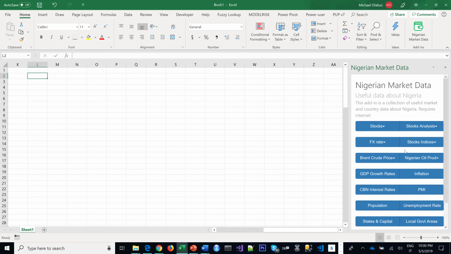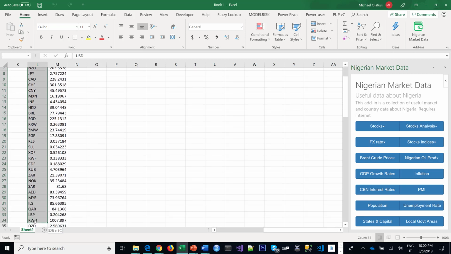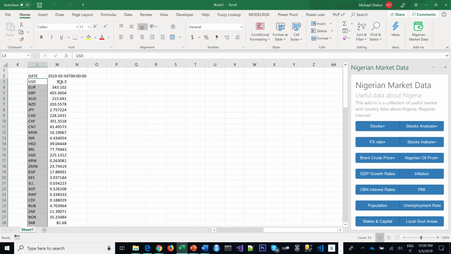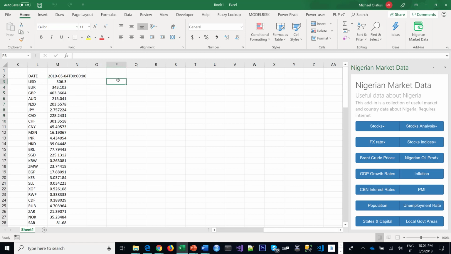And so let's start. If you want the official exchange rate, it does for the last day. So yesterday's figure is what you will get when you click today. So you click on official yesterday rate. Okay, great. And the moment you click on it, you see it shows you all the major currencies against Naira. So this is the official rate, and you can see USD, Euro, all the common currencies that we